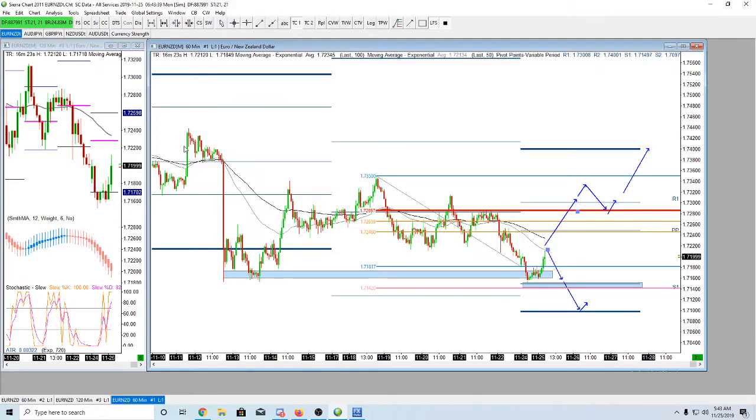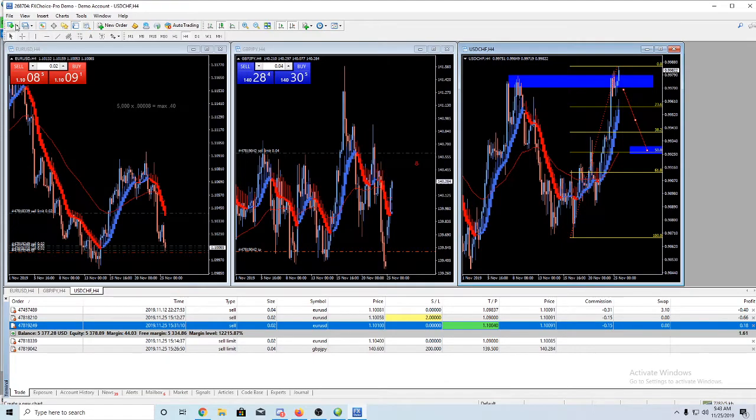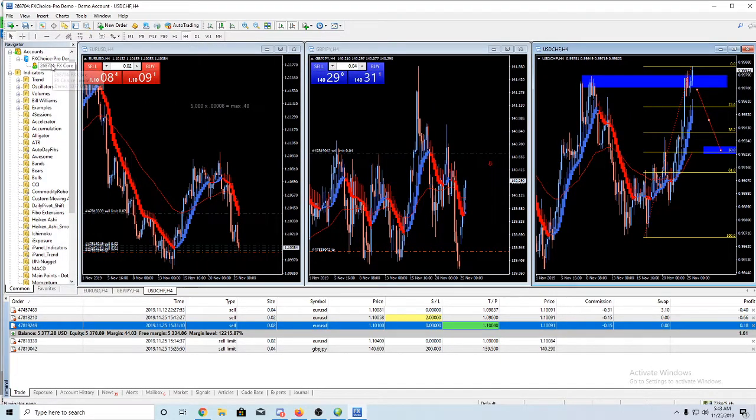Looking at gold. Gold, just short it. I'm looking at gold being short. If we were to look at, I'm not sure if I have my other account on here. Oops, I don't think I do. I think I just have this one. Let me see what the login credentials are with that other account.